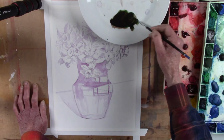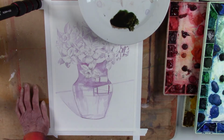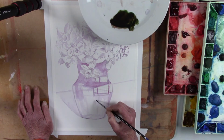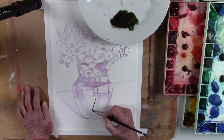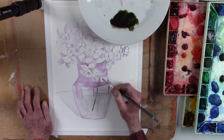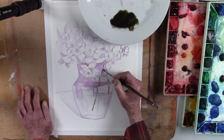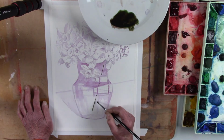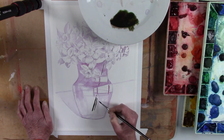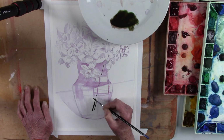So what I'm going to do with that is paint some impression in the vase of stems. Now I haven't drawn the stems. This is kind of risky on my part. I haven't drawn the stems, but I'm going to draw them now with the paint. And I'm just going to draw the outsides of some stems, and